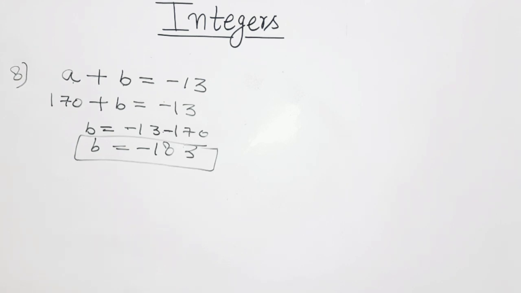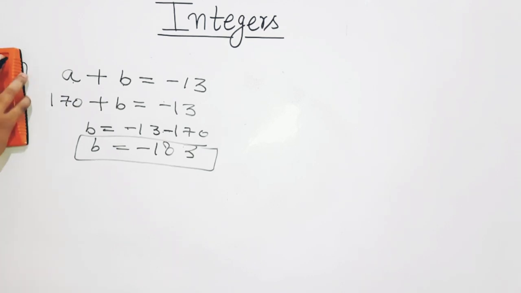Now question number 9. The sum of two integers is 65. If one of the integers is minus 47, find the other. This question you have to do in your maths homework copy on your own. So the two homework questions you have got are question number 6 second option and question number 9. Now coming to true false.